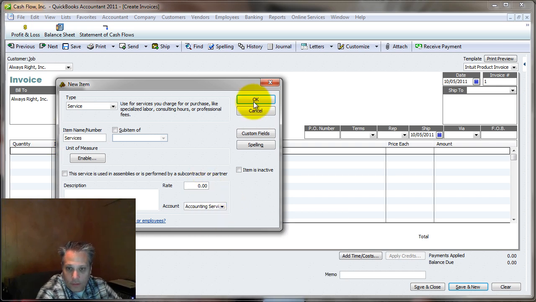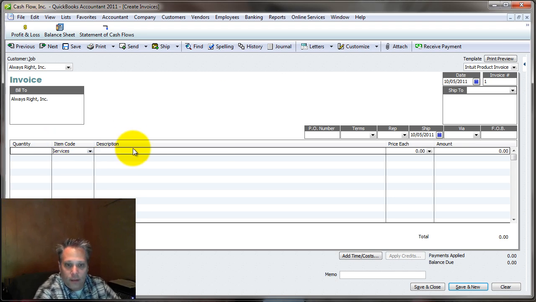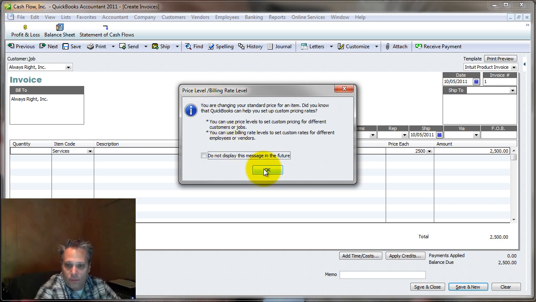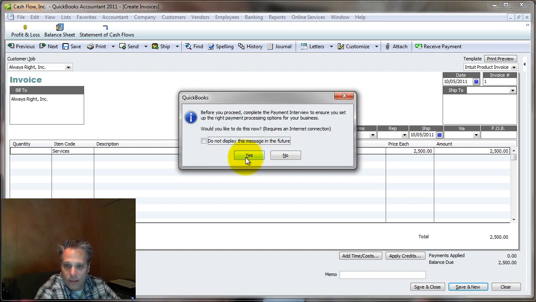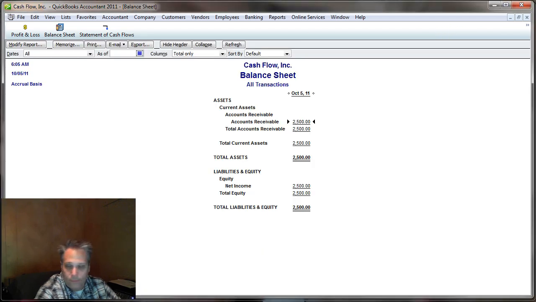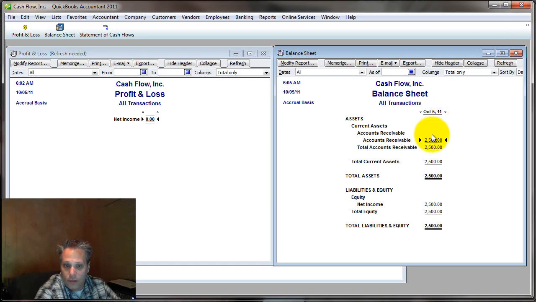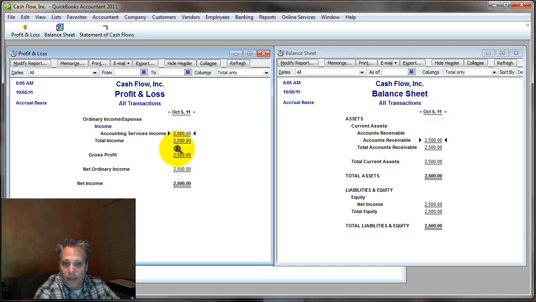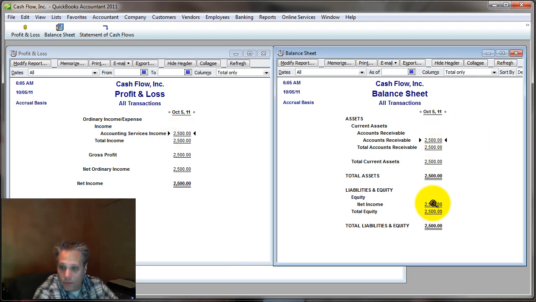And over here, the sample company file I chose, I just used a template for an accounting business. Obviously it doesn't really matter. So let's say we're billing somebody $2,500 for our services, and of course we're going to see what this looks like on the P&L and balance sheet. So we've got our balance sheet here. Sure enough, shows my receivables, and sure enough, I have my income on the profit and loss for $2,500. Now, keep in mind there's no expenses on the books yet, so my net income is just the $2,500. My accounts receivable is $2,500, and then of course that $2,500 net income flows into the equity section of the balance sheet so that the balance sheet balances.